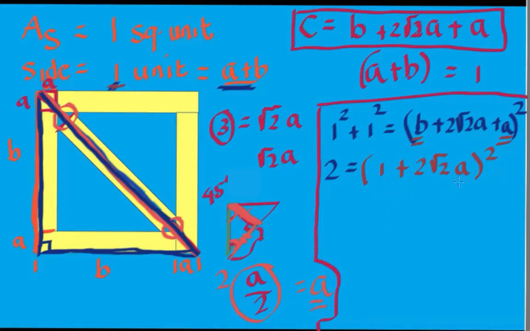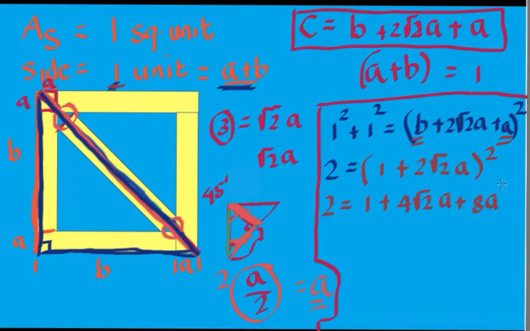This is a square of a binomial. So the right side would be equal to the square of the first term, 1 squared, plus twice the product of the first and the second term, that gives us 4 square root of 2 times A, plus the square of the second term, which gives us